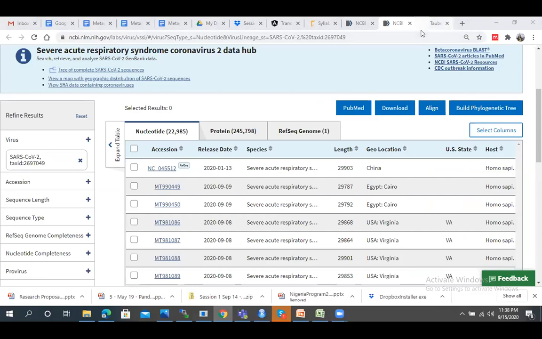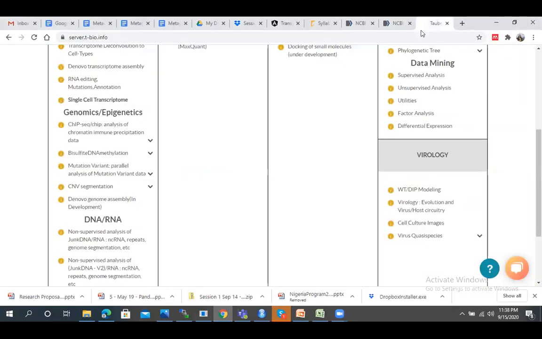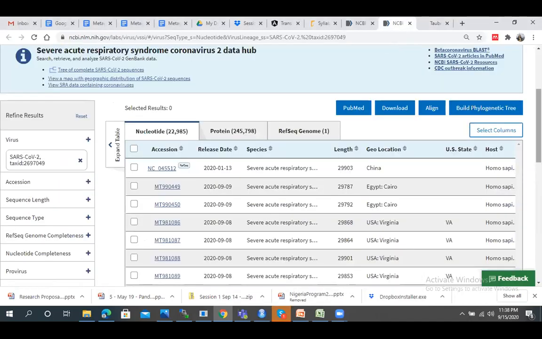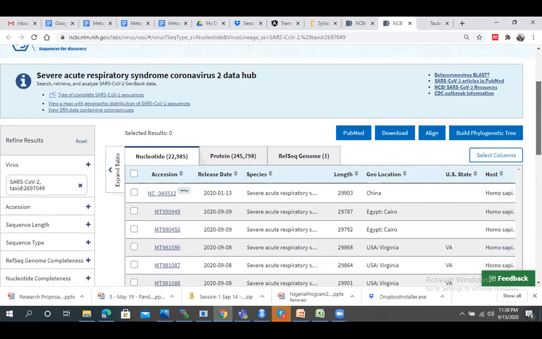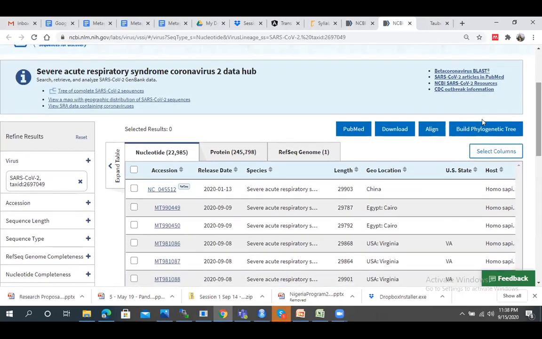Harpreet, if you could go for a second into sequence type in the filters. Go back to where you were on NCBI. On the left side, the filters, sequence type.